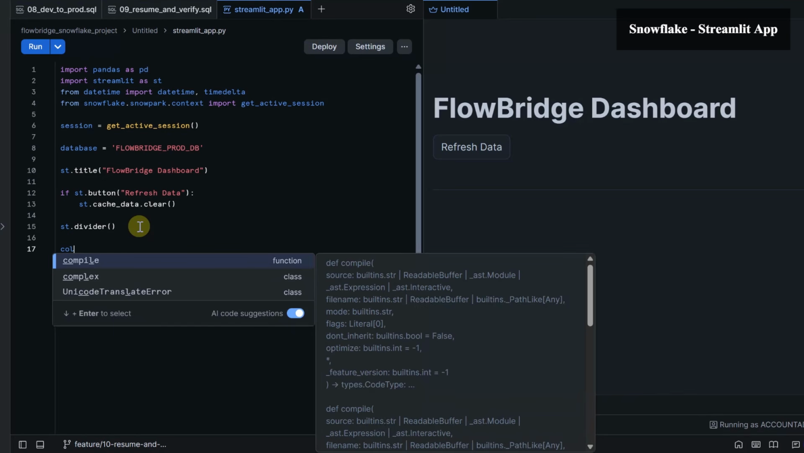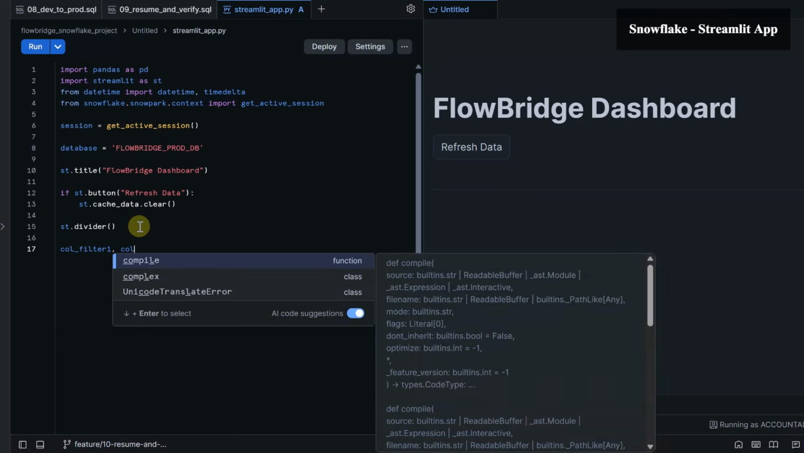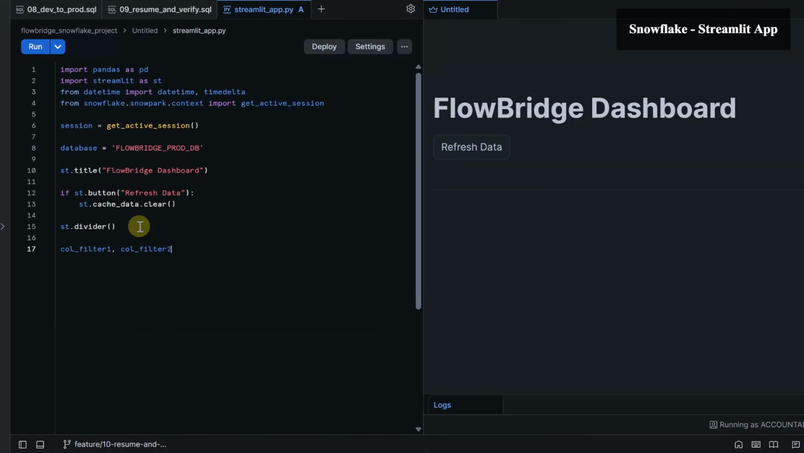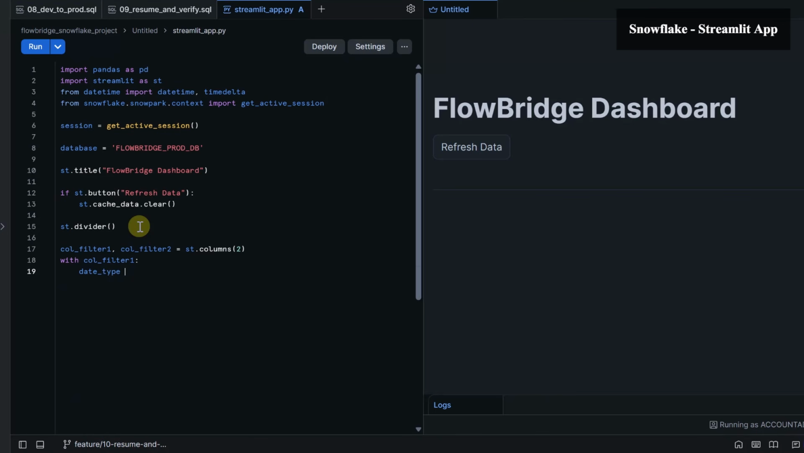So for that, our first variable name would be col_filter_1, and then col_filter_2, and we will have st.columns. So with the first column, we'll say with col_filter_1 colon, we will give date options or date type with a radio button. St.radio, and those buttons,